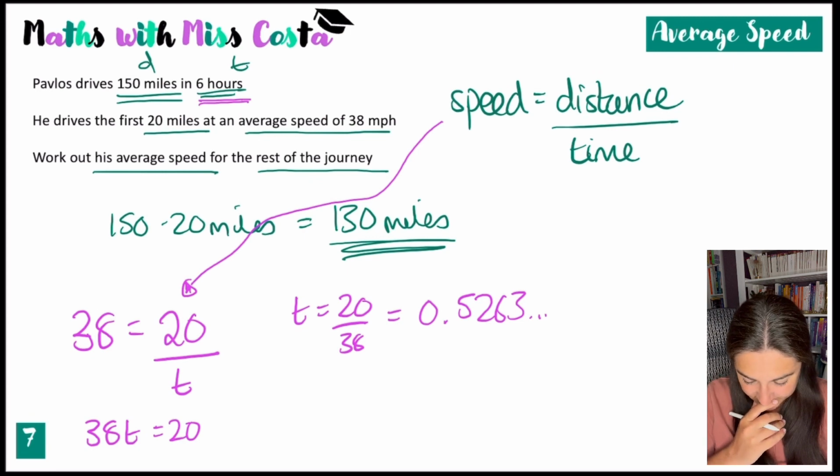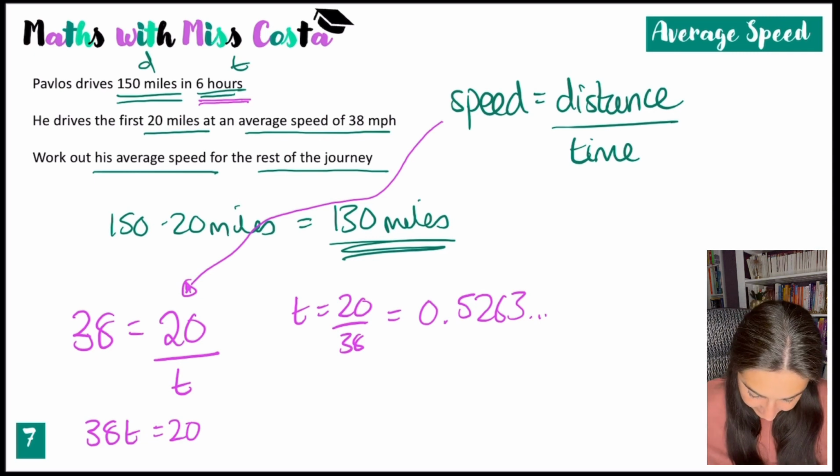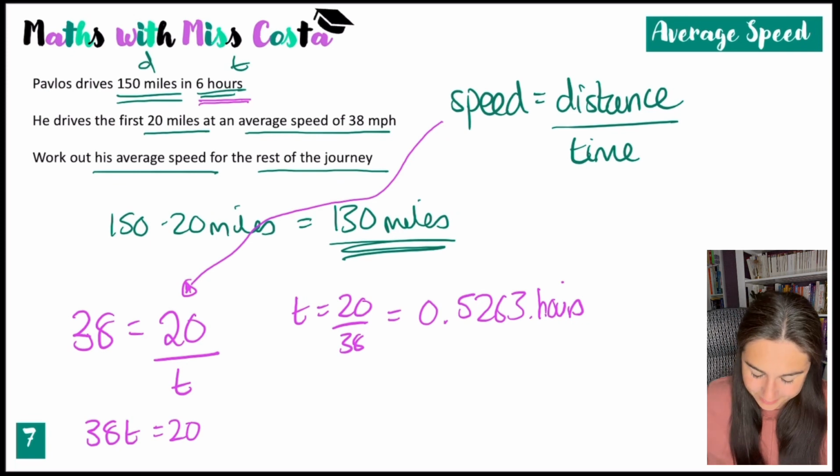I'd say it's fine to just leave it to 4 decimal places. You ideally write all of it out. So time is 0.5623 hours. Okay, so how much time is he left with? So we do 6 take away 20 over 38, which leaves us with